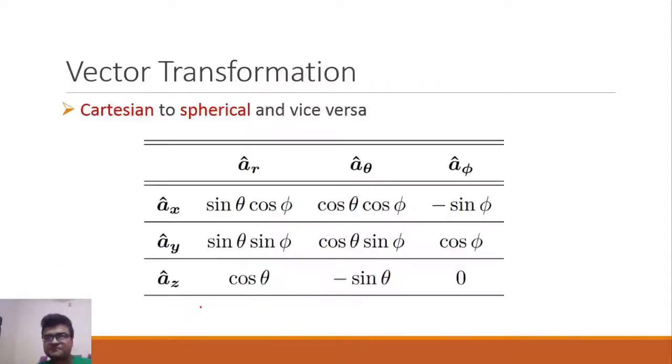So the table that you need to memorize here has two terms. If you multiply Ax, Ay, Az with Ar, A theta, A phi, their dot multiplication will give you these trigonometrical terms. So you have to put these terms whenever you are multiplying any of these two vectors using dot multiplication. So that is all.